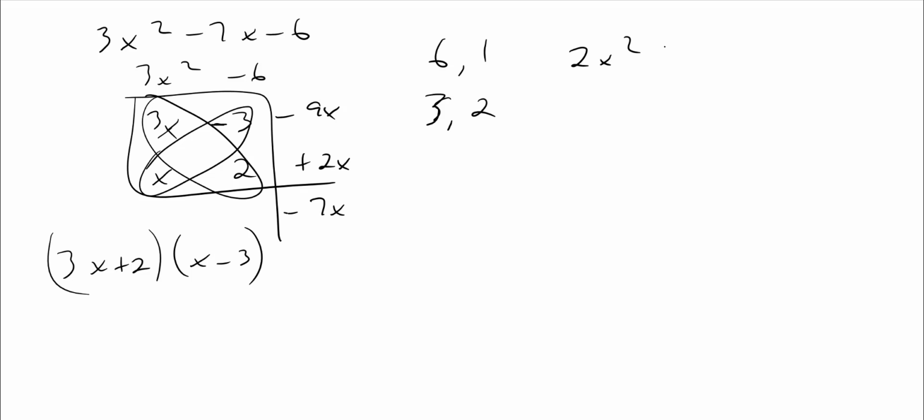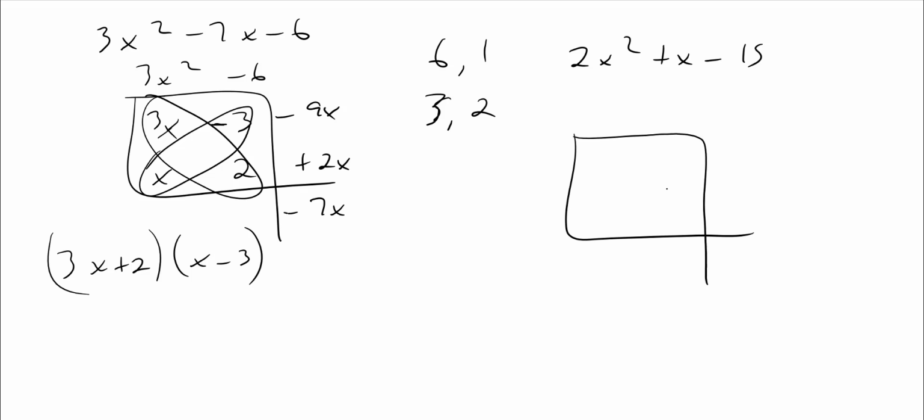2x squared plus x minus 15. So 2x squared, negative 15, 1x. So I'm going to put 2x here and an x here, and then I'm going to do 5 and 3, because I think it could be 15 and 1, but here's the deal. That's a pretty small number to do 15, that's too big of a number for this. So if I do 3 and 5, where am I going to put the 3 and the 5? I need to get a 1, so I would say this is going to be a 3 and this is going to be a 5 because it's got to balance out to a 1. And one of them is